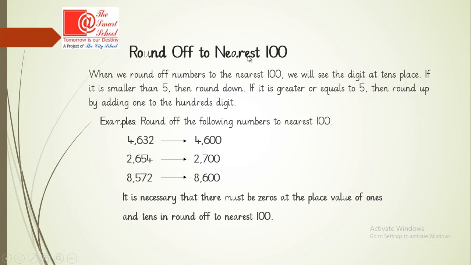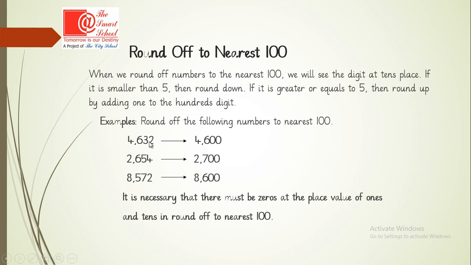Now round off to nearest 100. The rules are the same, but the difference is the place value. When we round off numbers to the nearest 100, we will see the digit at tens place. If it is smaller than 5, then round down. If it is greater or equal to 5, then round up by adding 1 to the hundreds digit. Now just look at the examples. Round off the following numbers to nearest 100. The numbers are